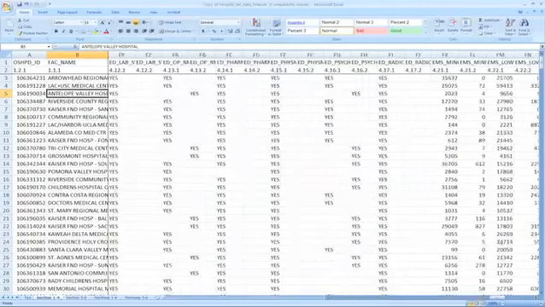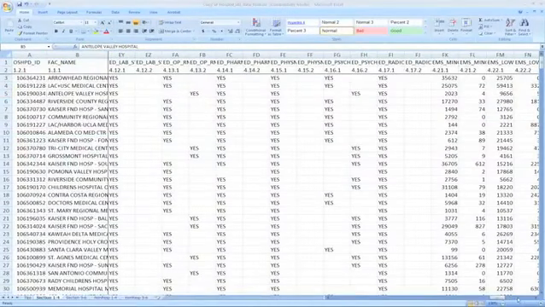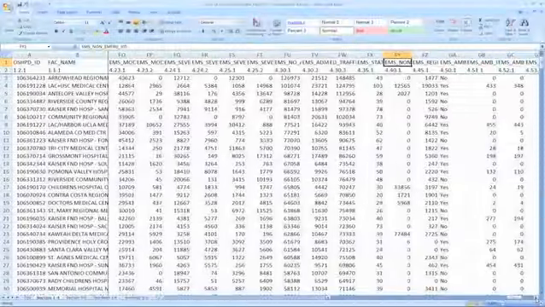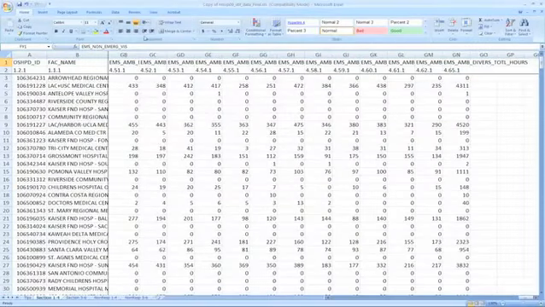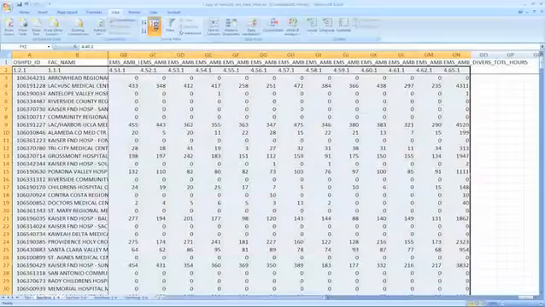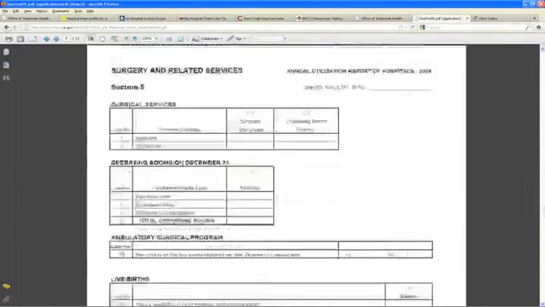So this is the total number of emergency visits, and there should be here a field for left without being seen, but we can go to data and sort and figure that out. Actually, it's better to go to the actual form and take a look and see which field that is. So if we go to the ER